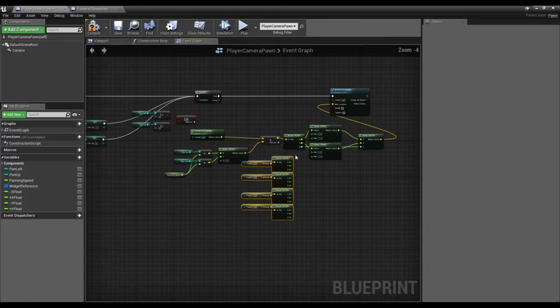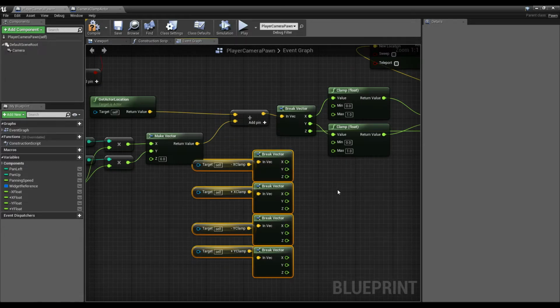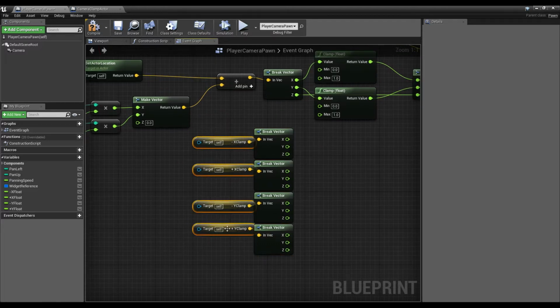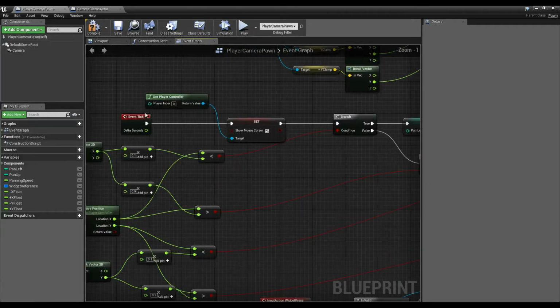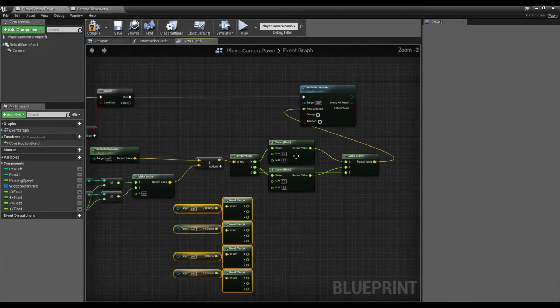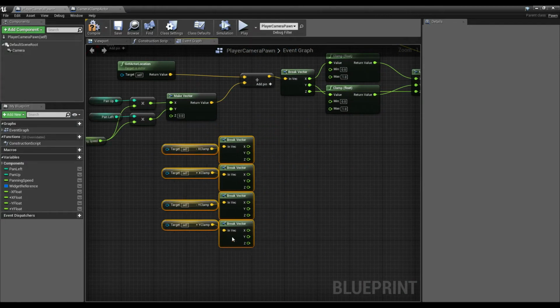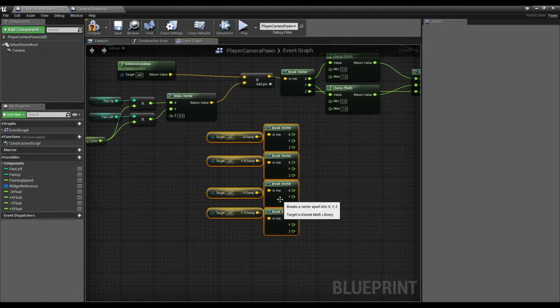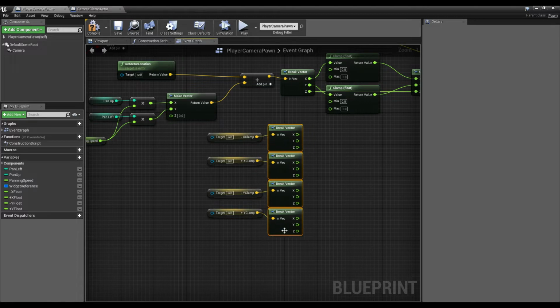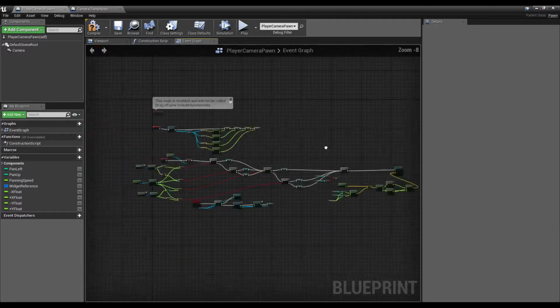But the issue is that when you break vector, that is a command that you're giving the game. You're telling the game, hey, I want to take this vector and I want to break it off and get a specific value. If we're doing this on tick, because that's what our camera panning is doing, and potentially we're doing this 4 times on tick, that can be a lot of redundant math that we don't need to do. Instead of breaking this vector 4 times on tick, what we can do is break it